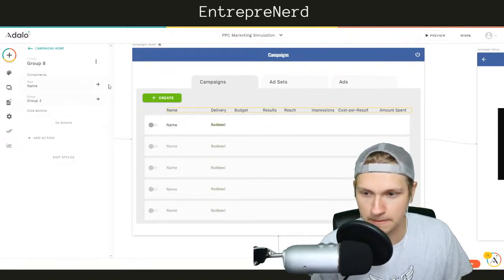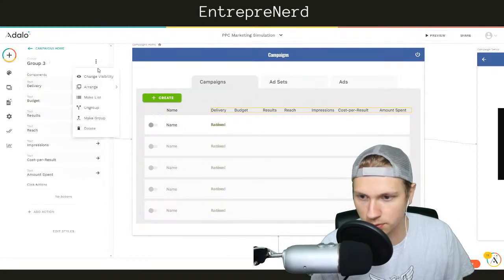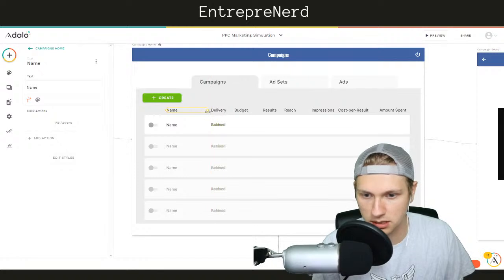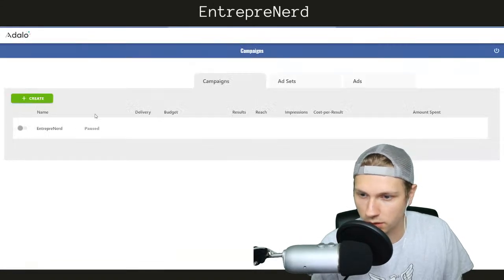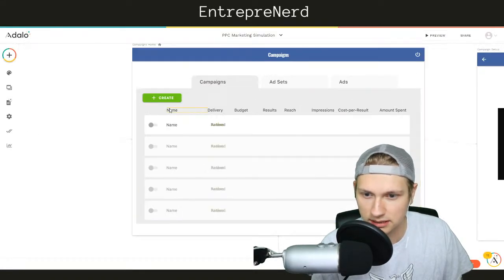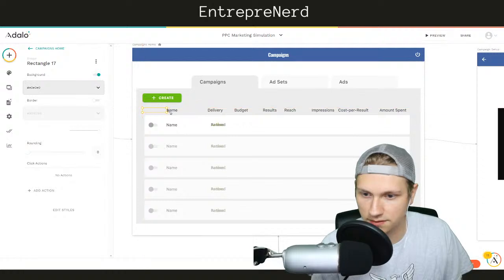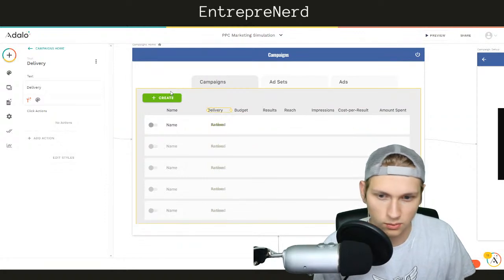I'm going to ungroup this, and I'm also going to ungroup this. That way it's more on an individual basis. Boom. Let's see if that works. No, it's still not working. I wonder why. It's not fixed to anything. This is still fixed to the side. And this is still fixed to that. And this is still fixed to that. So why?